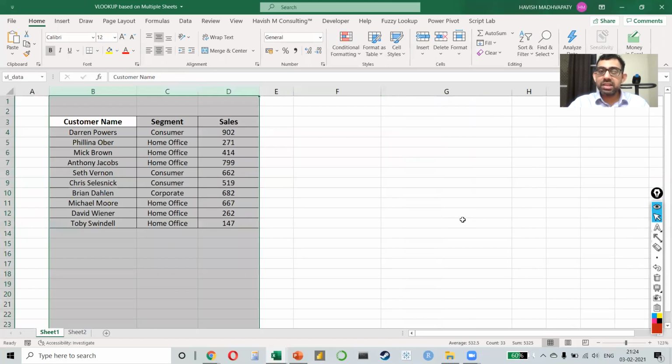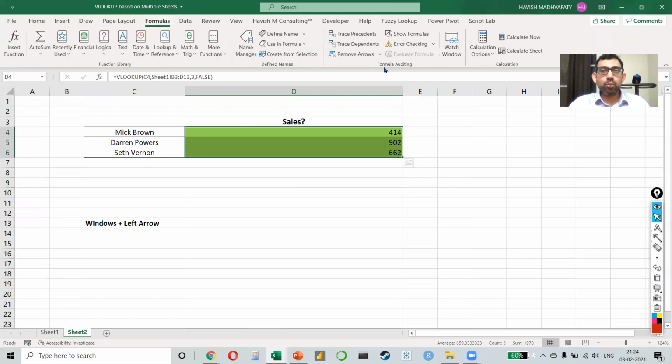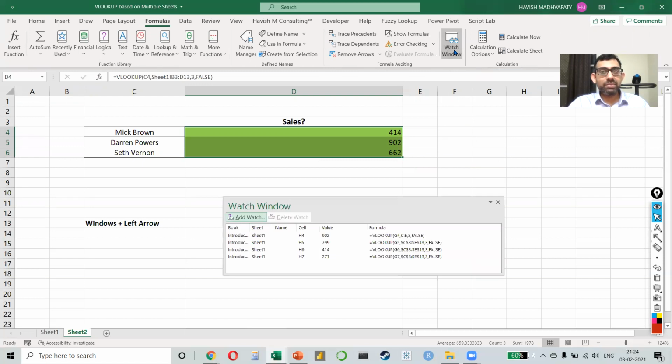And every time if I make a change here, I have to press Control page up, page down, and go to the other sheet. The easy way of doing this is to select the 3 cells with the formula, go to formulas and select the watch window. I will select, let me first delete everything that I already have.